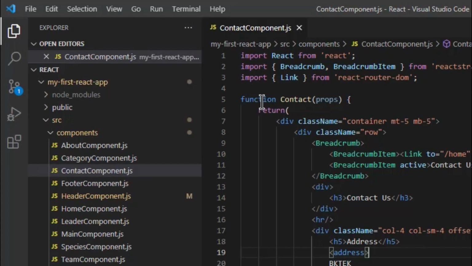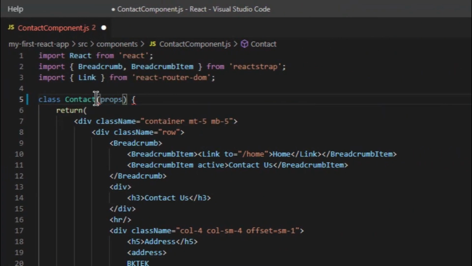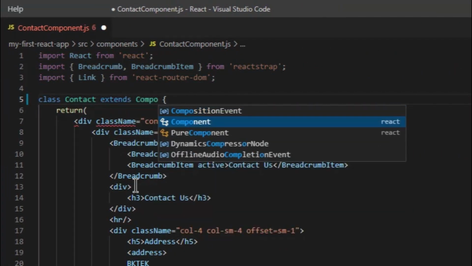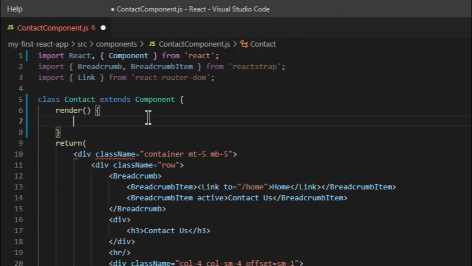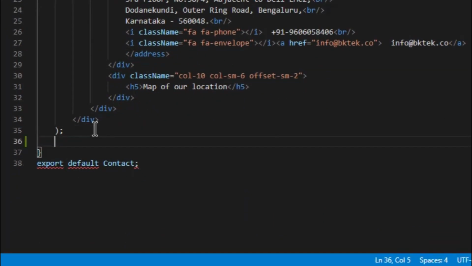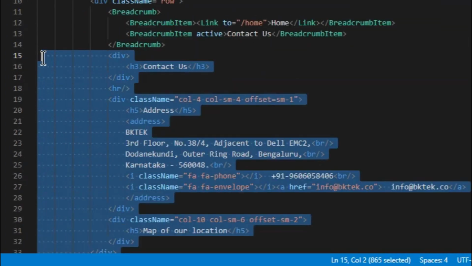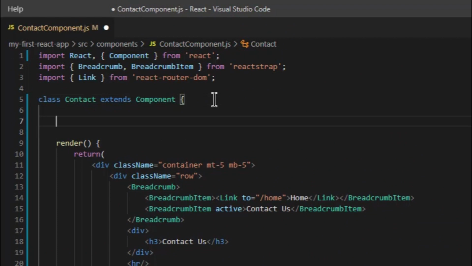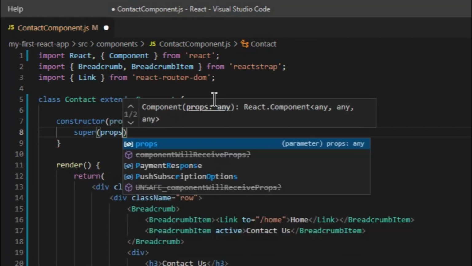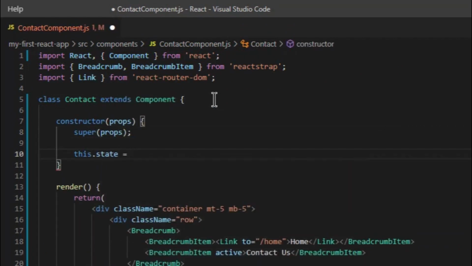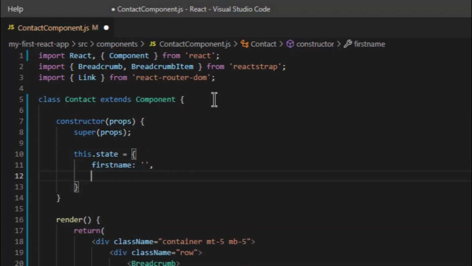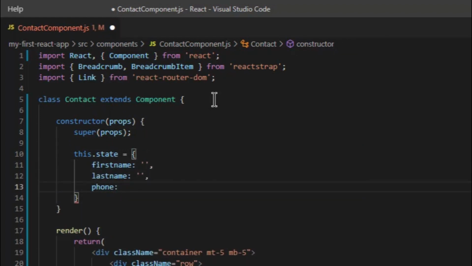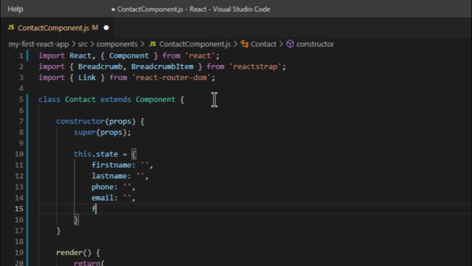So let's get started. To begin with, let's convert contact component from functional component to class component, and move the return code to render method. Add state in constructor with first name, last name, phone, email, flag, contact type, message,